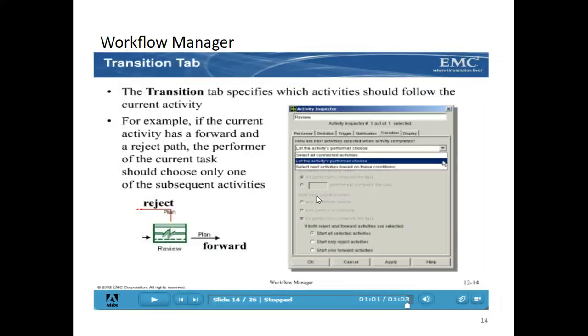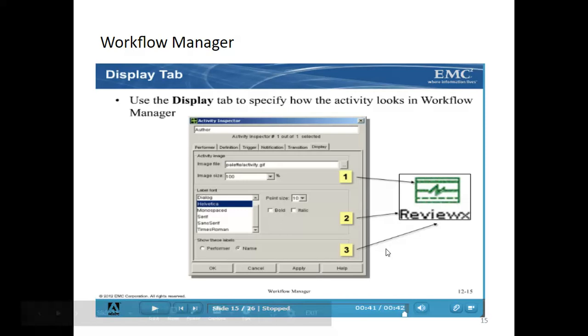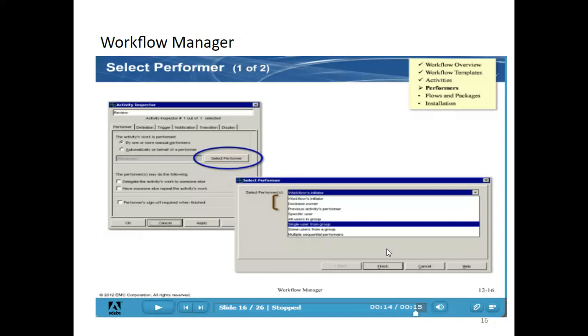Next, transition is one of the crucial parts to define what action needs to be taken, based on a condition, whether the next activity should be a reject or approve, based on the condition given here. So the transition tab is very important. Next is display, which plays a small role only: how the workflow looks in Workflow Manager. That's it. So this is the activity inspector.